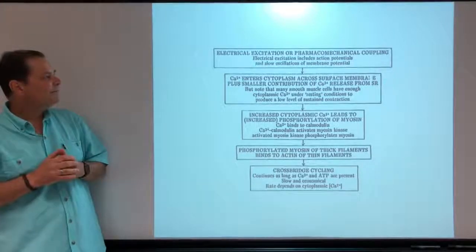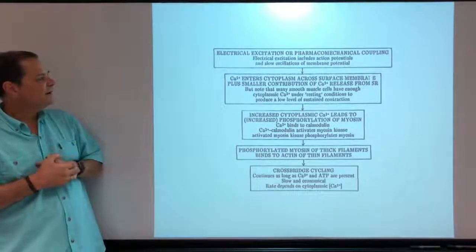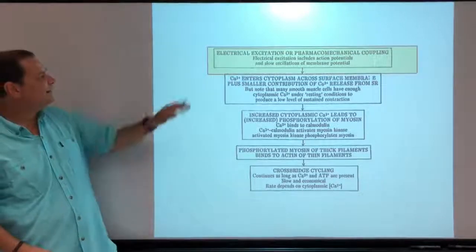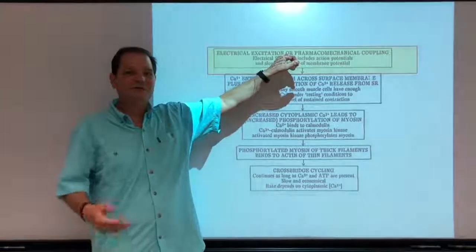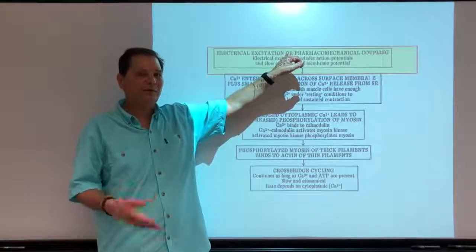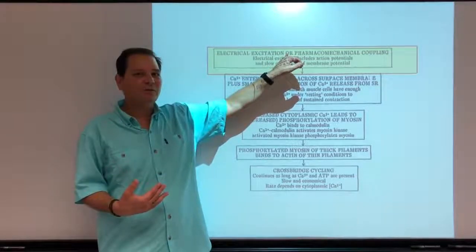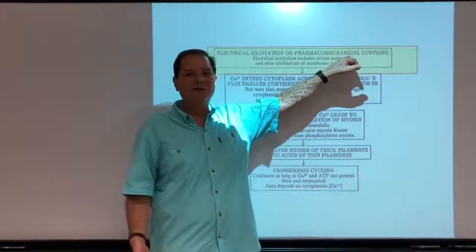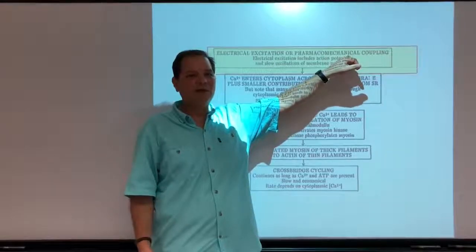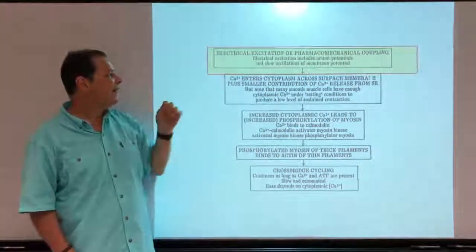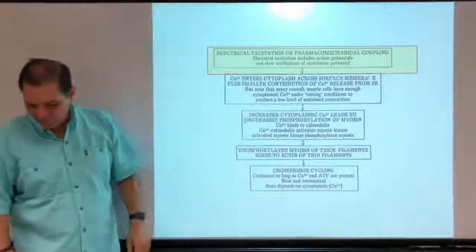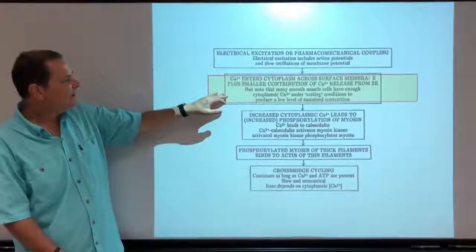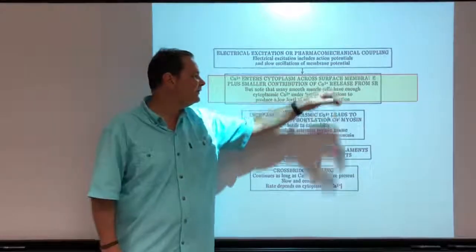We talked about excitation, contraction, coupling in smooth muscle. It's quite different from cardiac muscle. We start with either electrical excitation, that is a change in membrane voltage, which will typically open or close voltage-gated calcium channels, or pharmacomechanical coupling, the way that the autonomic nervous system works, a very good example of how that can happen. Okay? Either way, that causes calcium to enter across the surface membrane or be released from the SR